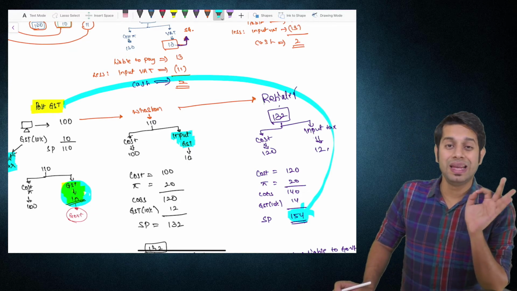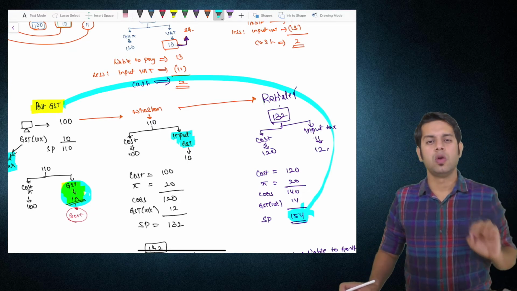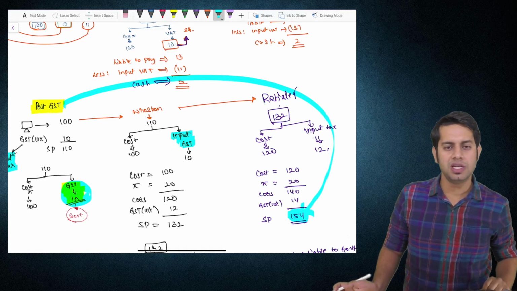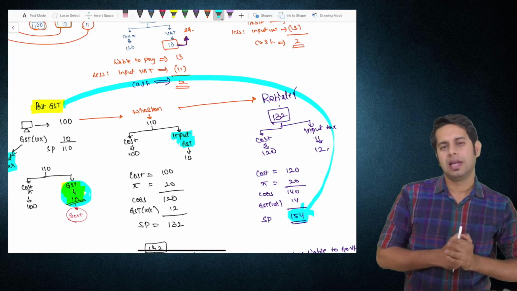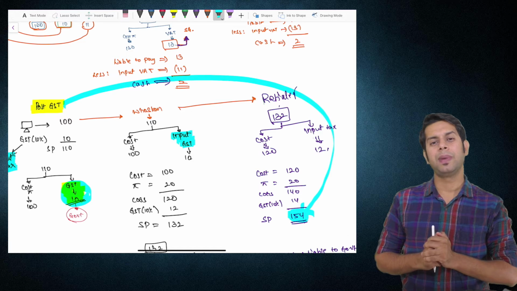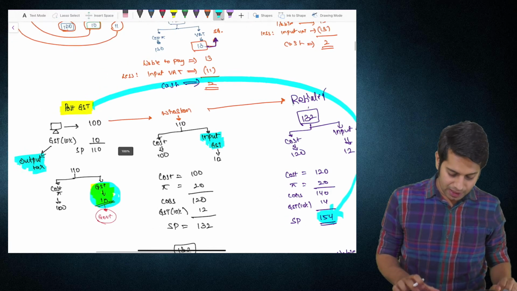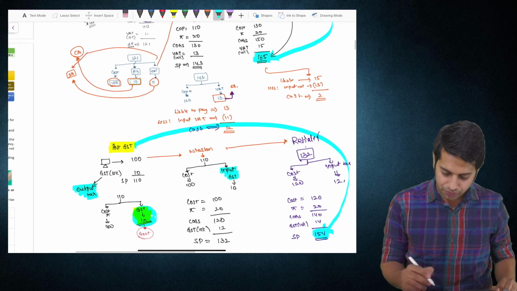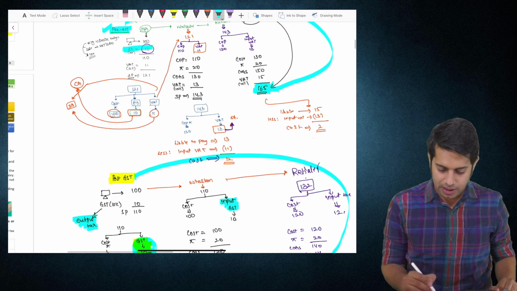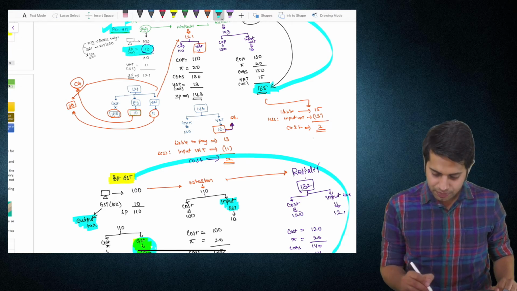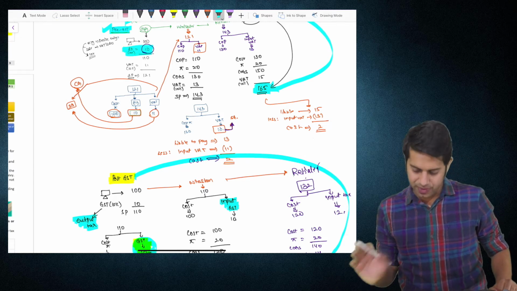154 rupees. There is a difference of 11 rupees. Because of the introduction of GST, you are paying 11 rupees less. Sir, why sir? How am I paying 11 rupees less? You are paying 11 rupees less because under the pre-GST regime,